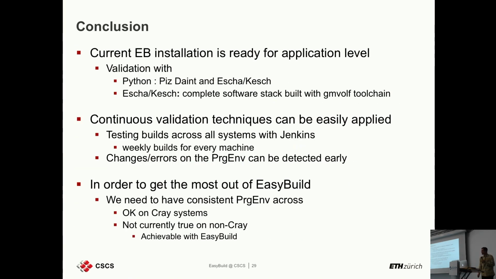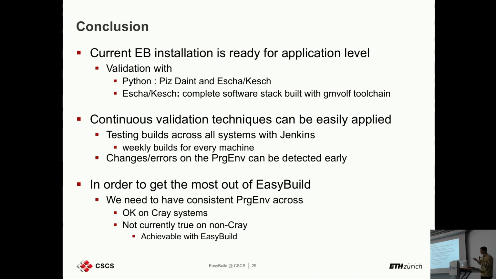So in our experience now, the current EasyBuild installation that we have, so for the application support, is ready. It provides Python support on Piz Daint and Escha and Kesch. And in particular on Escha and Kesch, it relies on the standard EasyBuild toolchain, GMVOLF, while on Piz Daint there was the need to have the Cray toolchain. So the continuous integration and validation techniques have been applied successfully, and